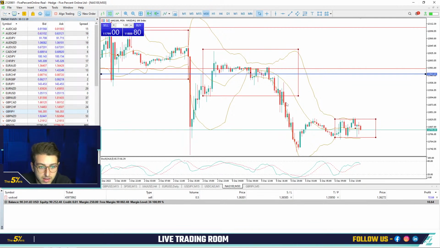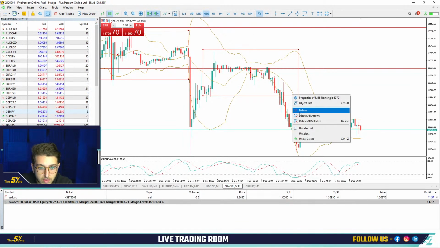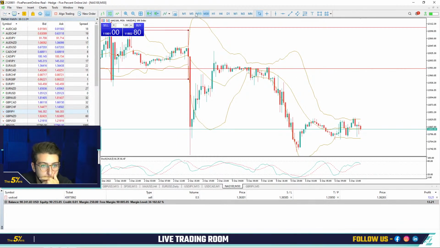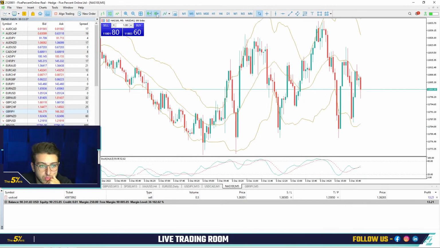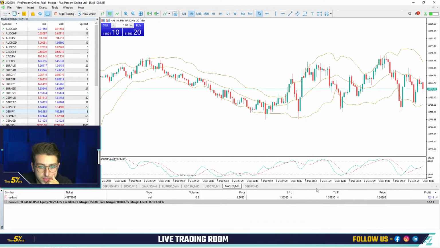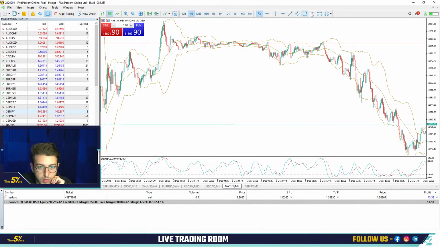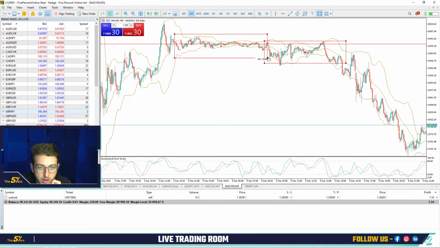If I go back to the M5 chart and try to find the previous days, a little bit here. So here we have the opening of the London session, if I'm not mistaken, and then here we break just before the opening. So you see the difference in the market. Here it's the Asian session, then it's the London session, and then you have the New York session.